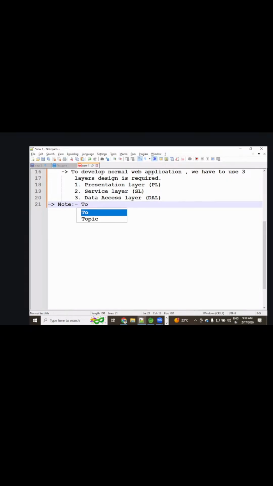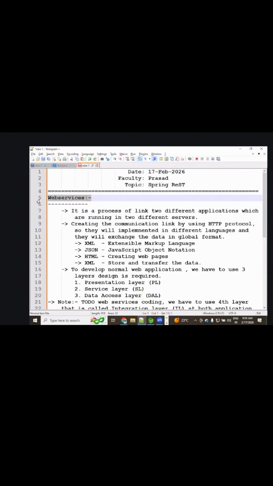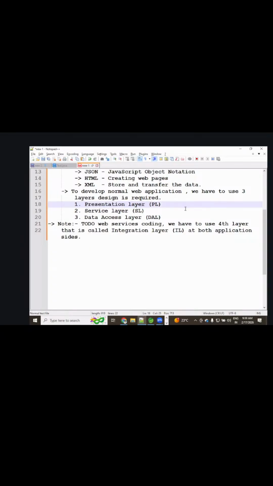For web services coding, we have to use a fourth layer, called the integration layer, simply called IL. For a web services related application, the presentation layer is required, the service layer is required, the data access layer is required, and one more layer, the integration layer, is also required. Clear?